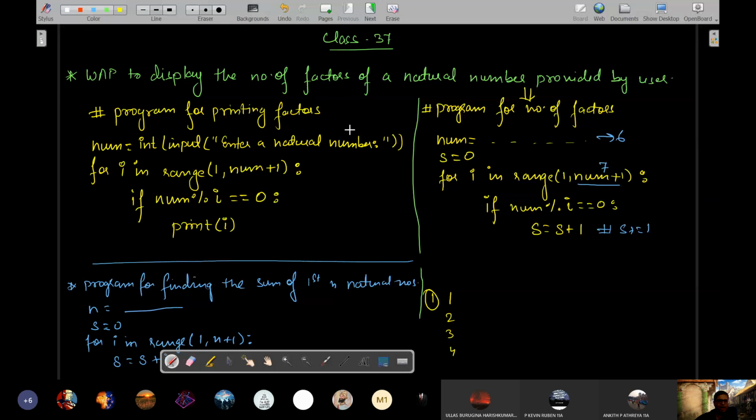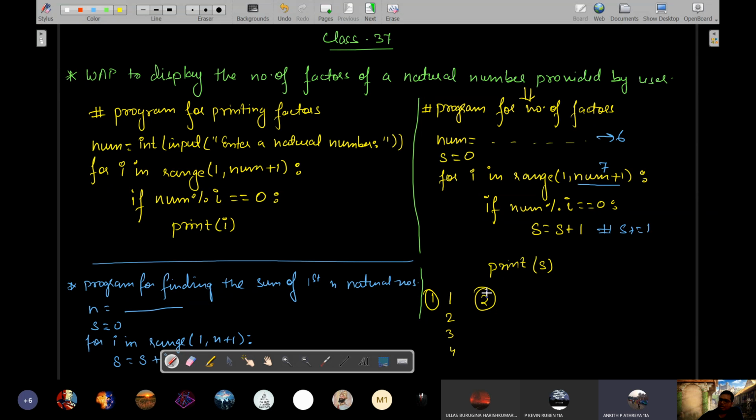what will be the case if I print here. That means outside the block of if, but inside the block of for. This is the second case. What will be the output in the second case? Sir, it is printing 1, 2, 3, 4 itself 8 times.